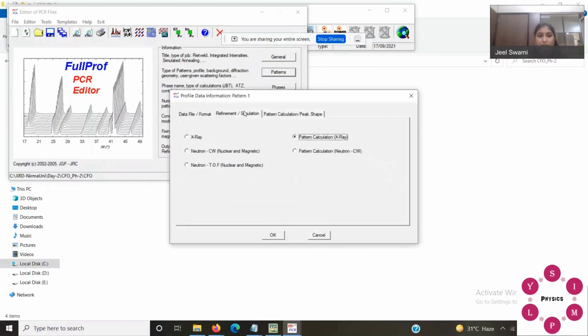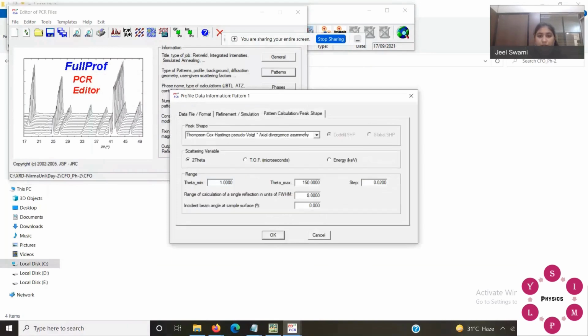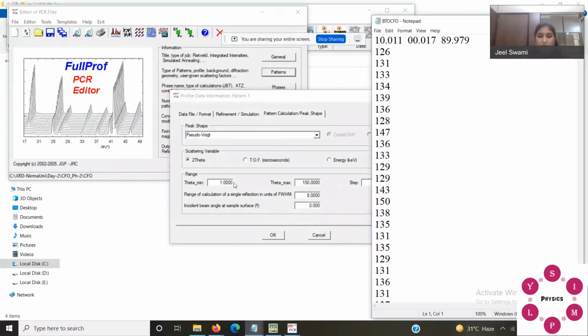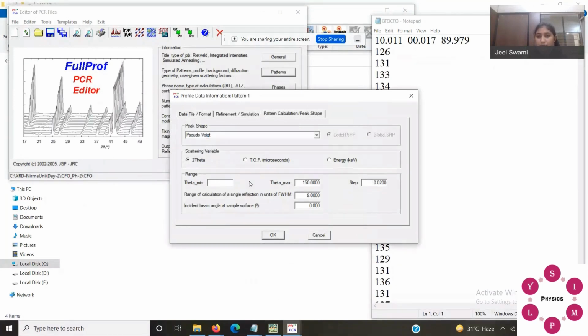So repeat all the steps which you have done, peak shape and using pseudo-Voigt. Now write your theta minimum again, theta maximum, and step size 0.7. Okay.